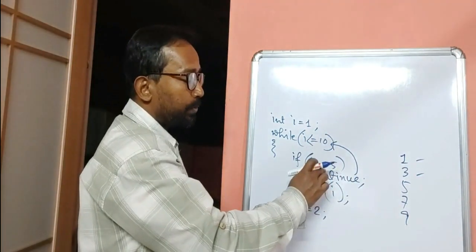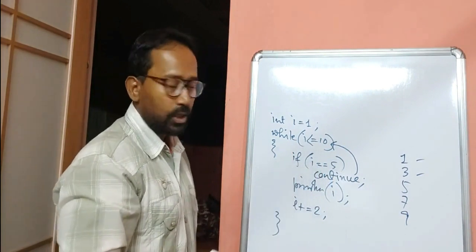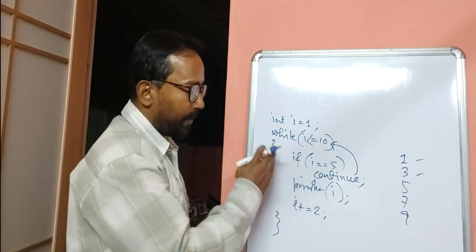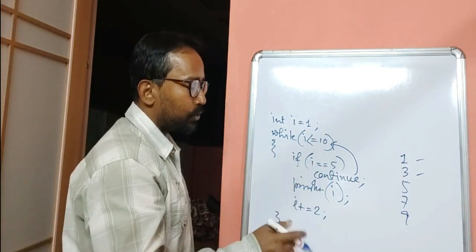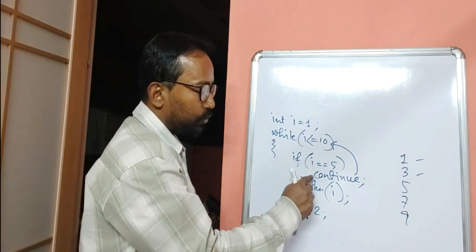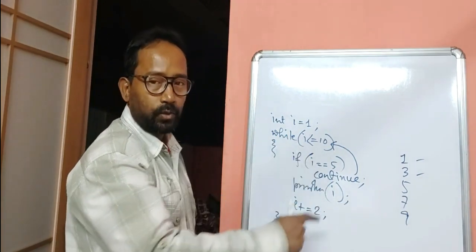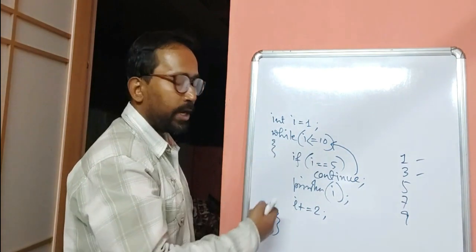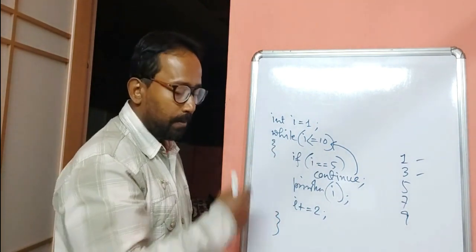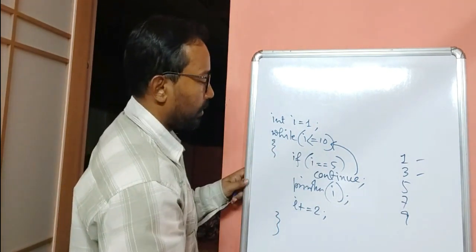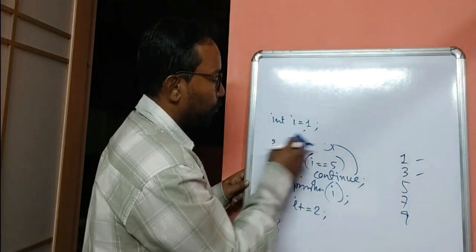That means this loop is going to be executed infinite times. So this is an infinite loop. I have made the loop to execute for 5 iterations, but due to the execution of this continue statement, the loop is becoming an infinite loop. Clear? Now in case of a do while loop also the same thing will happen. But in case of a for loop, let me convert this loop to for.